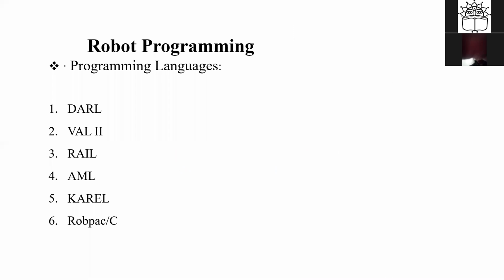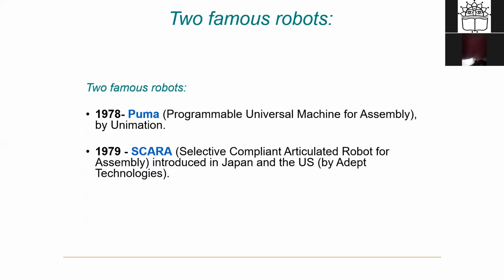Now these are the different languages. I will not go into detail. You are only acquainted with C language, right? So using C, or embedded C, we can do programming of a robot. Now, I will not tell you about all robots, but these are the two famous ones, right? One is PUMA, that is Programmable Universal Machine for Assembly, and one is SCARA, Selective Compliance Articulated Robot for Assembly, right? SCARA is an abbreviation.